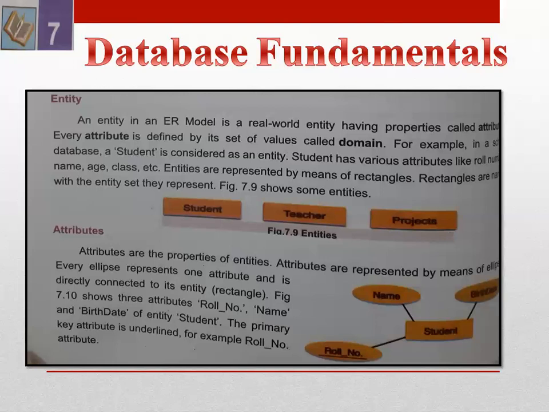All these are attributes. And students, you must remember that you always represent your attributes by an oval or ellipse shape, and the name of the attribute is written inside the oval, as you can view on your screen. And the primary key must be underlined, like here roll number is your primary key. If you have a teacher entity, then teacher ID is a primary key, so you must underline the primary key in this oval shape.